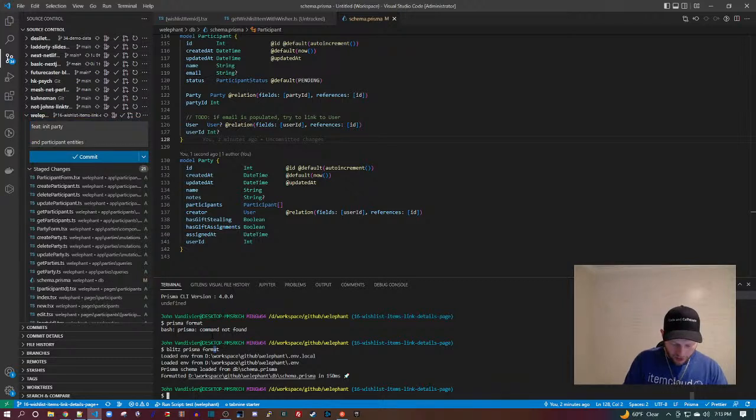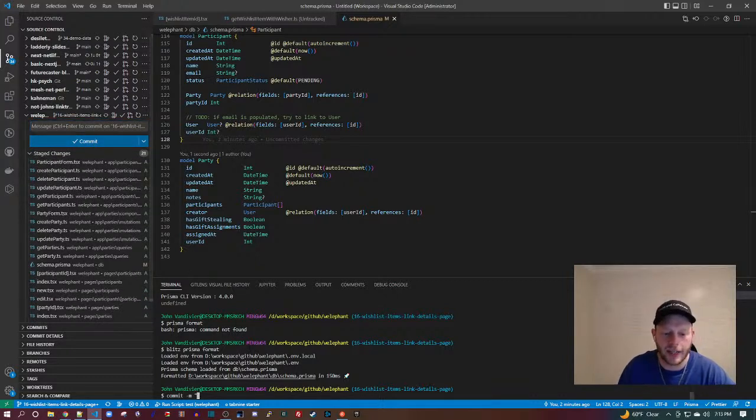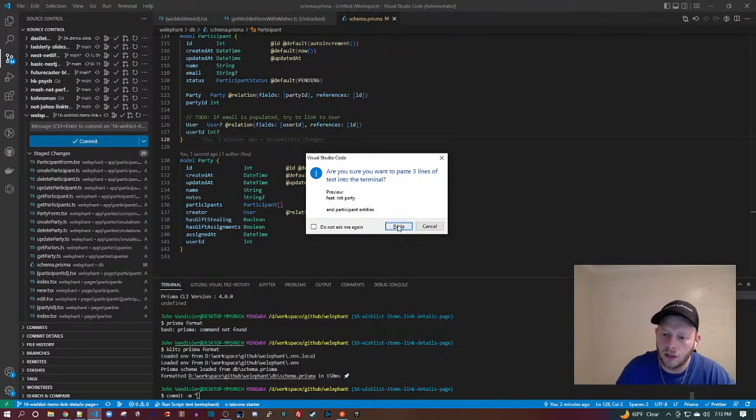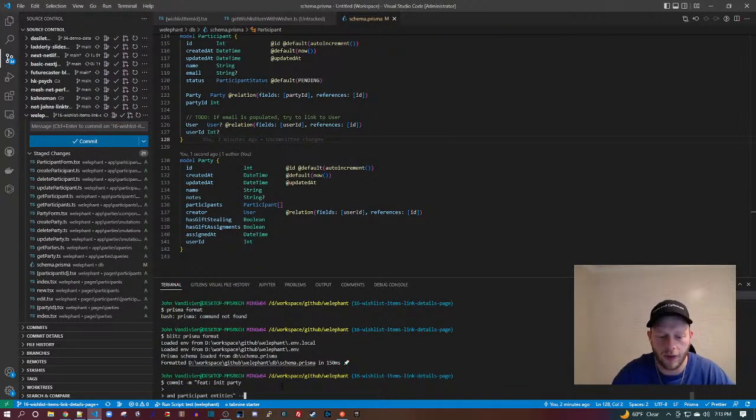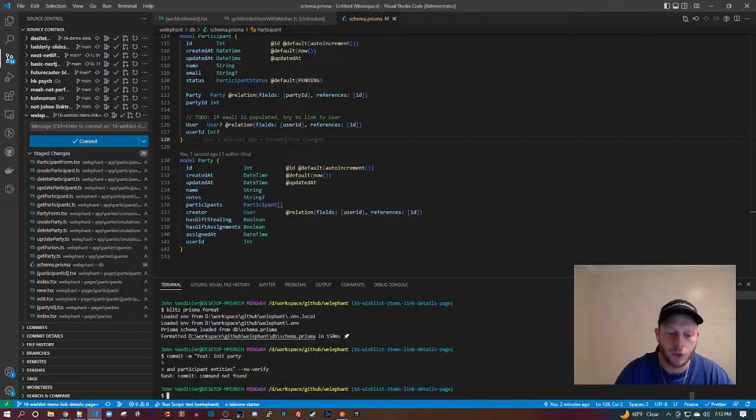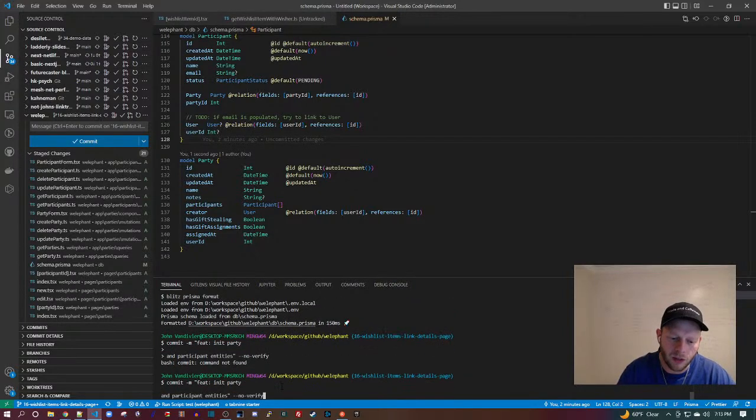I'm going to commit here on the command line so that I can pass the no verify, which will skip command not found. Oh, it's git commit. Sorry, I'm bad at everything. Come on.